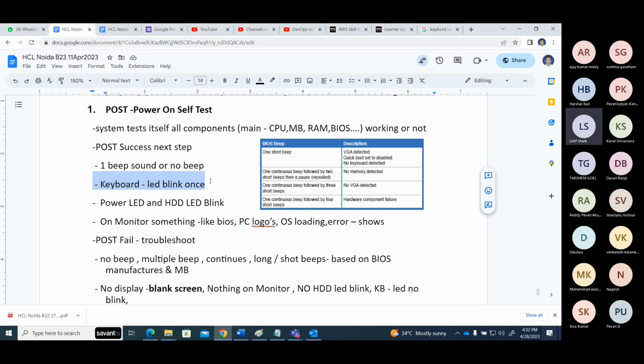The point is, POST is successful. Both are blinking, POST is successful. The hard disk LED is not blinking, but still the hard disk is there, but the hard disk LED is not blinking, POST is a failure. So you press the power button, and on your monitor,